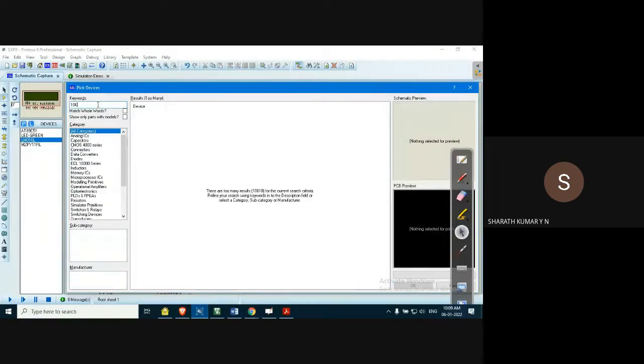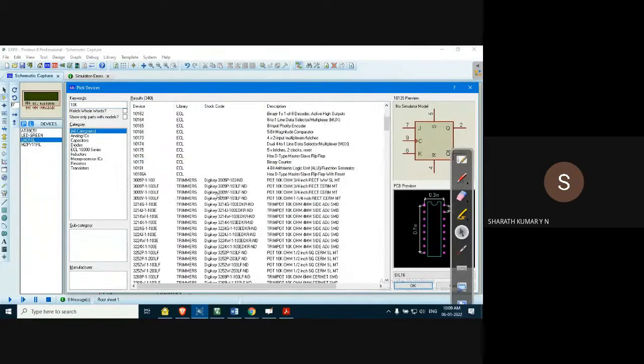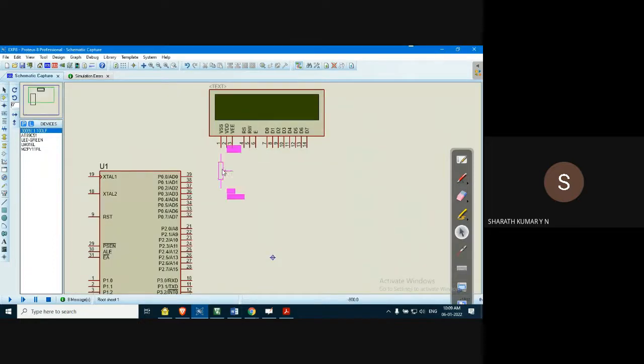Here it is. Observe this. DigiKey, a 10 kilo ohm potentiometer. Size is 3 by 4 inches. Okay, select this and place it somewhere here near to pin number 2.